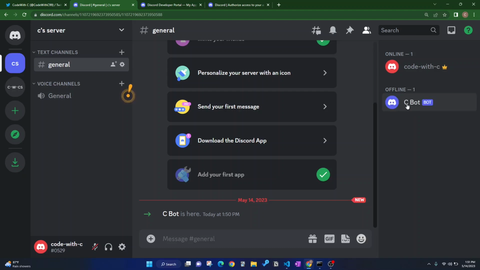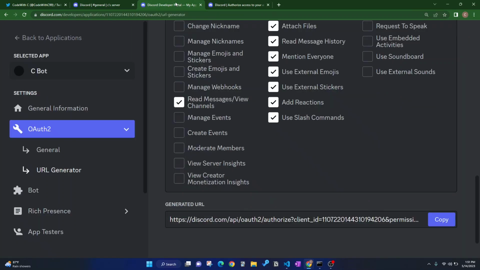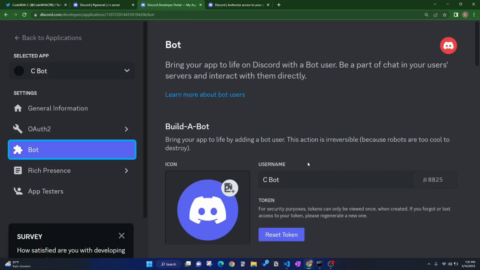Before that, we need a way to connect to our C bot. For that, we need a token. To get the token, you need to go to this developers page and this time select bot, and then